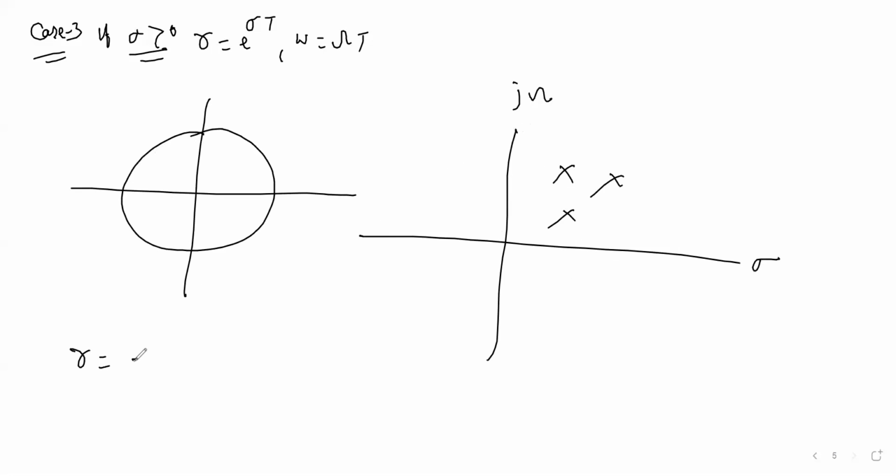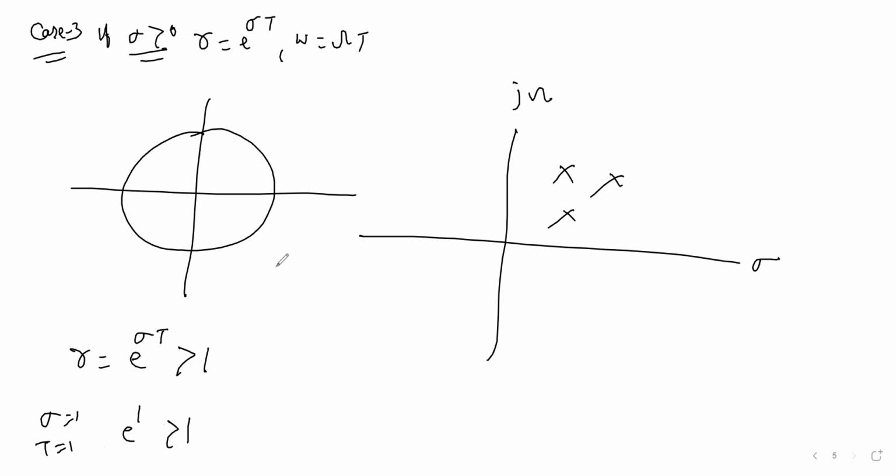then r equals e to some positive value greater than 0. Let sigma equal 1, 2, whatever you take. e to the power sigma t, and if you take t equals 1, then obviously what will happen? r also must be greater than 1. For example, if you take sigma equals 1 and t equals 1, then it is e to the power 1. e to the power 1 means 2 point something, so it is greater than 1. Clear?